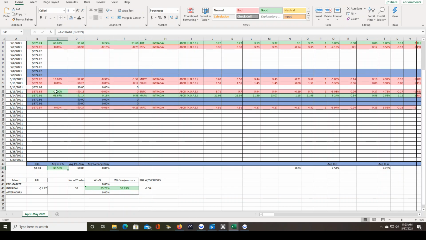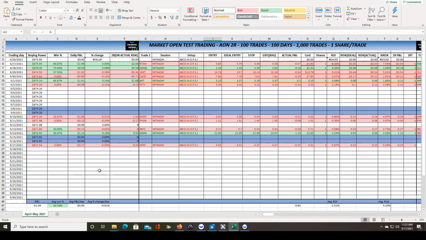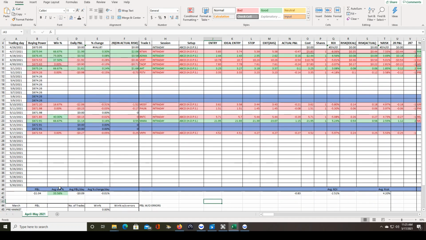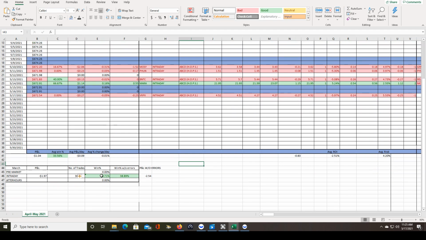And this number stays the same because this includes all of the error trades. Actually, let me explain this really quick just in case you're not sure why there are so many different win percentages. This one here is just the average of all of these numbers. And the one that's the average of all of my trades altogether is this one right here. So this is the most accurate. And this one is the most accurate based on the plan and not my own personal errors,